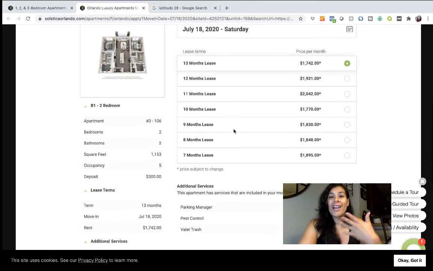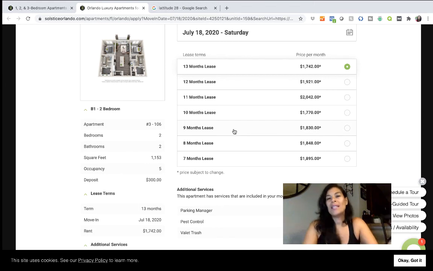Now, once you apply, that apartment is going to come off the system, so when you go back, that apartment shouldn't be on the system anymore. Once that's completed, you can wait about 24 hours, and then the leasing consultant will call you and say, hey, I got your application, we're working on it, and then they'll let you know the next step. So that is how you go online and fill out an application and how the rental process works here